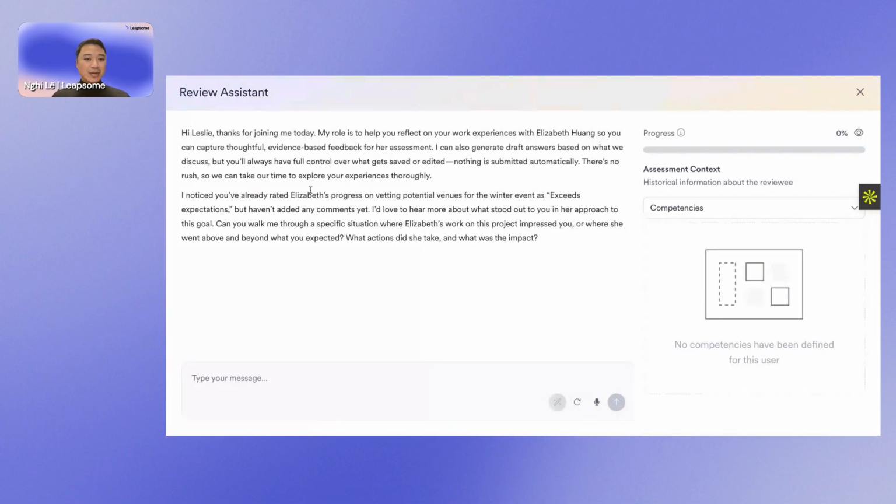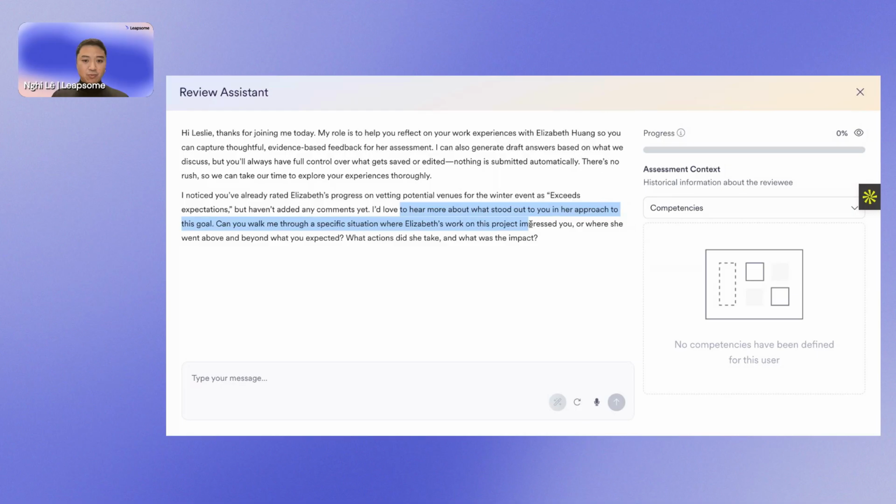So as you can see, how does the review coach work? What it does is the review coach will come in, and instead of asking you to write a piece of feedback that is static, it will prompt relevant questions for me to think about Elizabeth's work, her performance, the project that she's working on. And because the coach has the full context of Elizabeth's performance in the past and the stuff that she's working on, the coach will be able to give me very relevant questions for me to think about. For example,